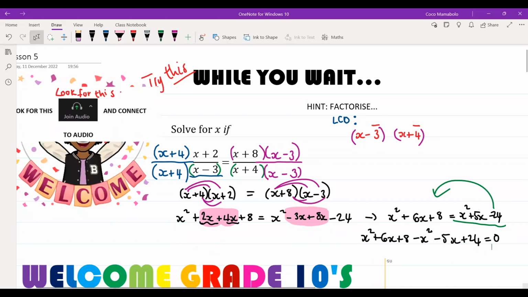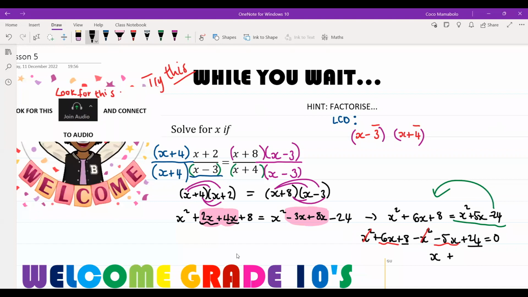I've got quite a lot of people who have lost me, so I'm going to ask you to finish this one for me. x squared and x squared cancel out. Then I've got 6x minus 5x, how much is that going to give? It's going to give me x. And then 8 plus 24 will give me...